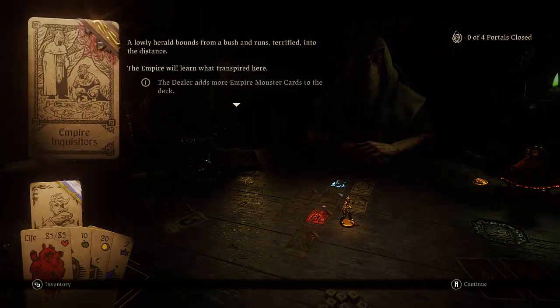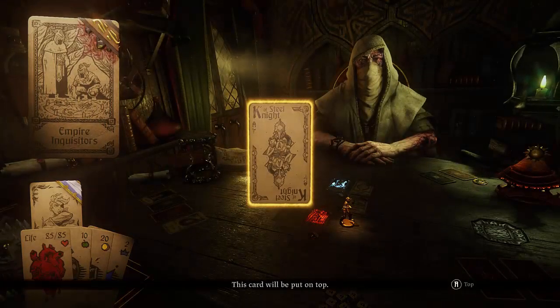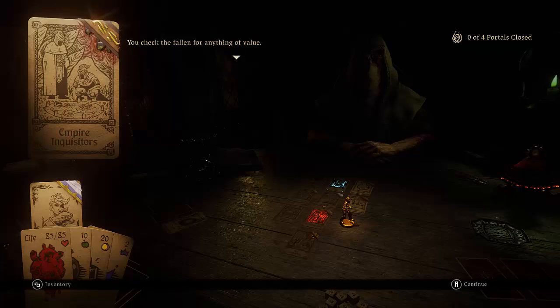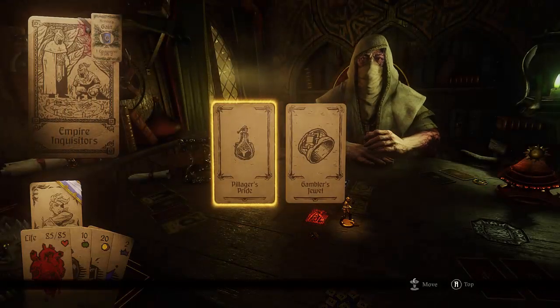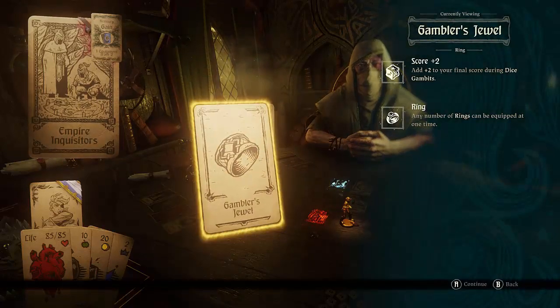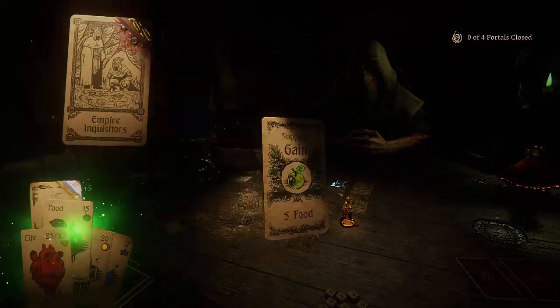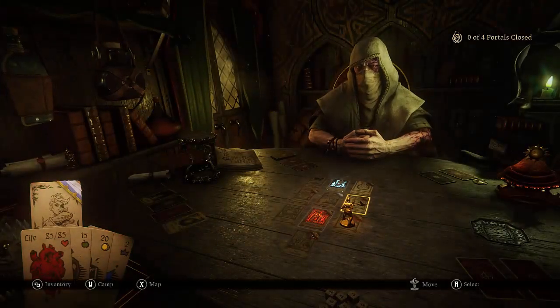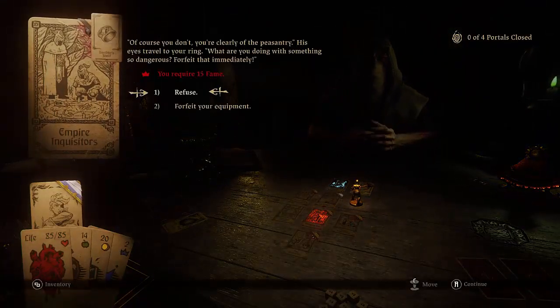Although the herald bounds from a bush and runs terrified into the distance. Pillager's Pride I now know isn't all that great, so we'll take Gambler's Jewel, which can be great. Buffwood's good too. Are we going to do this one? We don't get fame from it, but we do get equipment from it. Well, I don't know if it's always going to be equipment, but...